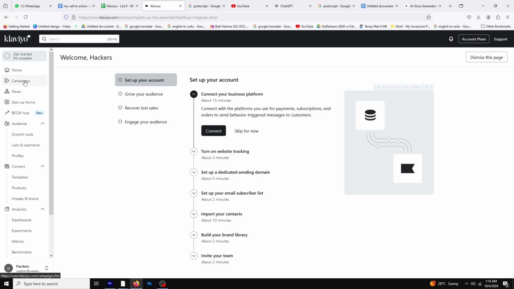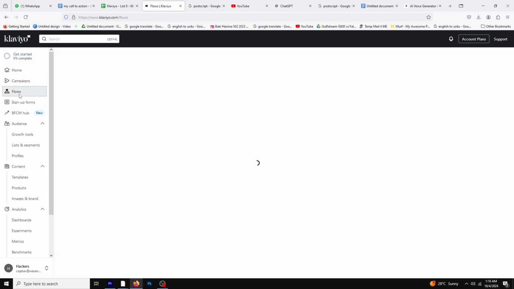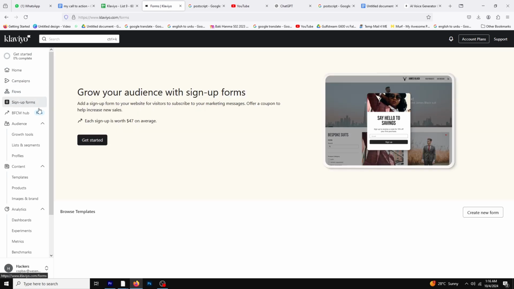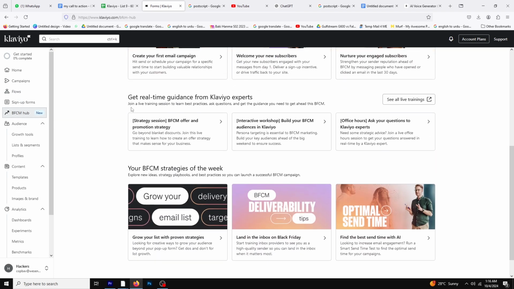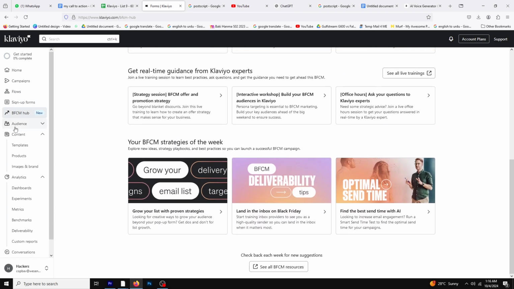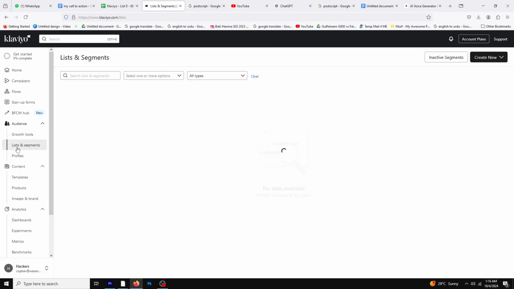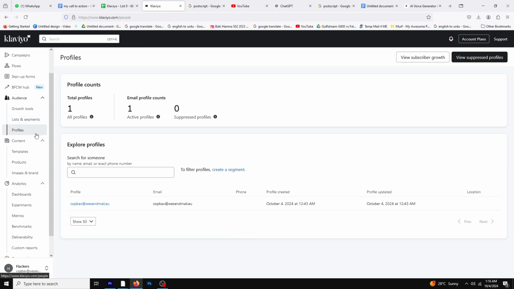Let's start with Klaviyo. It's known for its powerful segmentation and advanced automation capabilities, specifically designed for e-commerce businesses. Klaviyo enables brands to target customers based on real-time behavior, such as browsing activity, purchase history, and engagement patterns. This allows businesses to send personalized messages through both email and SMS, such as abandoned cart reminders, post-purchase follow-ups, and